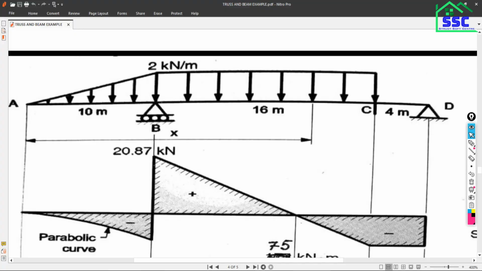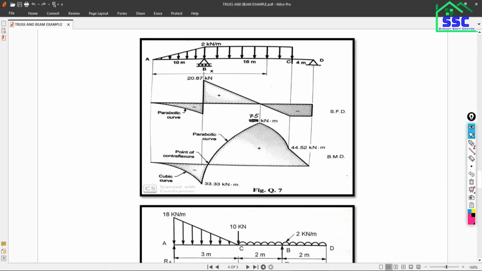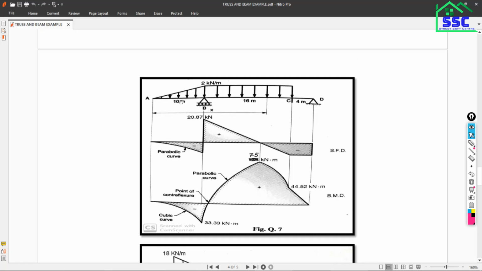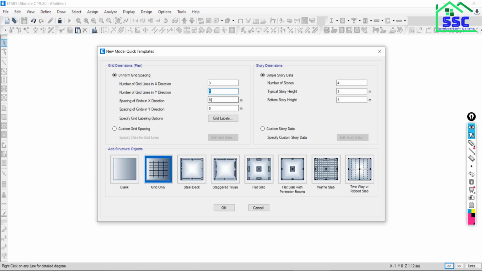Spacing of grids in X direction will be what? Can anyone tell me what spacing will be there? So between A to B it is 10. Okay, so it is non-uniform, so we need to work with the custom.